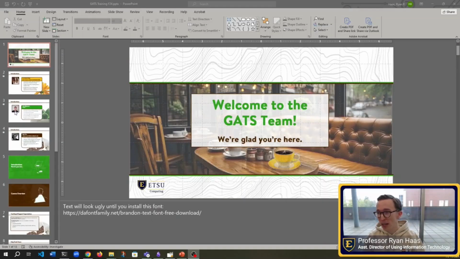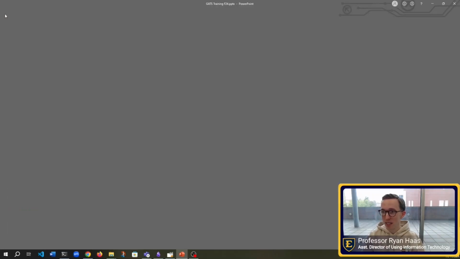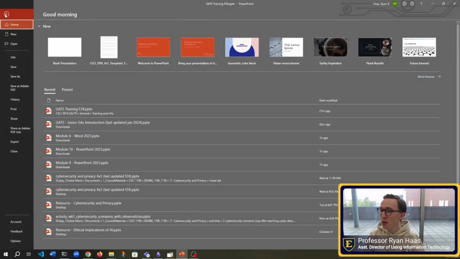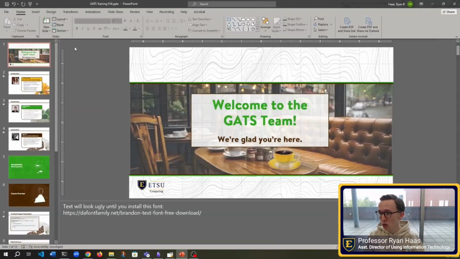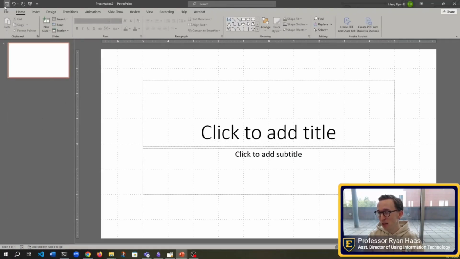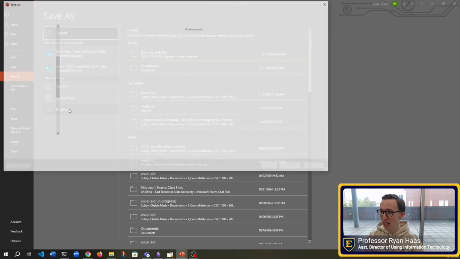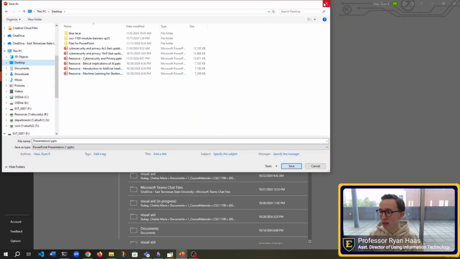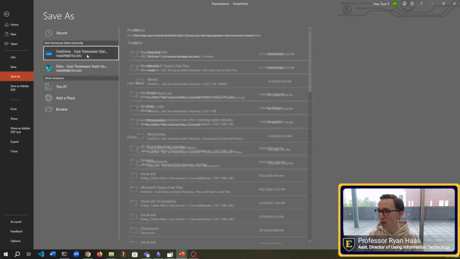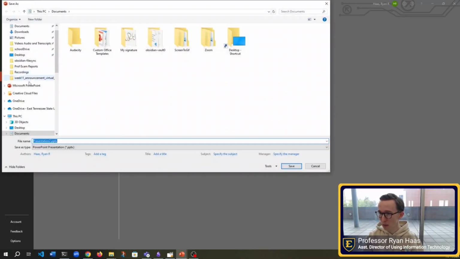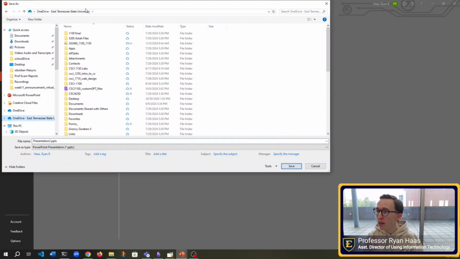So here I have a slideshow that I made pulled up in Microsoft PowerPoint. The first thing I want to cover is autosave. So if we go to File, New, and just create a blank presentation, by default, we're not going to have anything saved until we go File, Save As. I click Browse and choose a location. Now, if we save to a OneDrive location, let me actually go through Browse. I think this way is easier. Then we'll have autosave. So let's name this my example